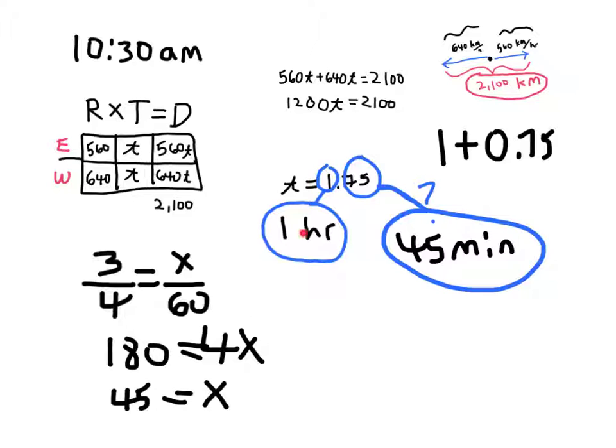So 1 hour and 45 minutes has elapsed since these planes started their trip. And the problem asks, well, what time do they make it to 2,100 kilometers apart? So we'd have to add this 1 hour and 45 minutes to this 10:30. Whenever I do that, like you probably do, I like to just add the hour first. So that's easy enough. 10:30 plus another hour is 11:30. But then it's like 11:30 plus the additional 45 minutes. Well, that would be